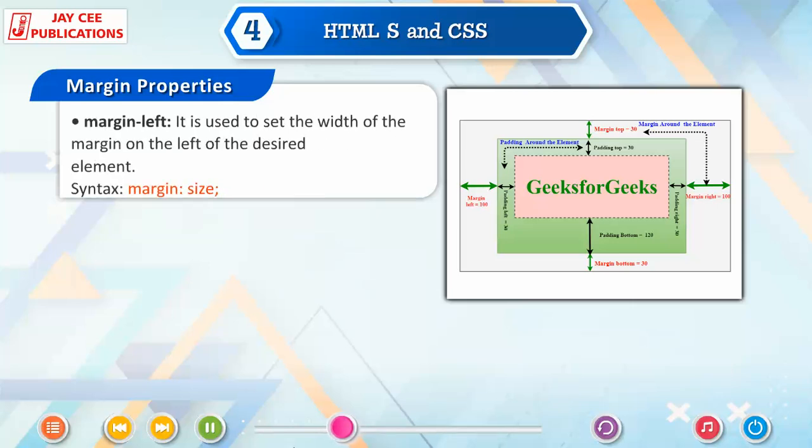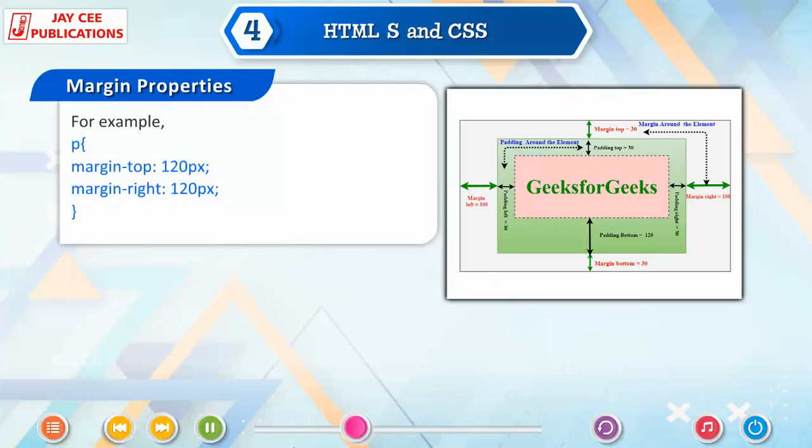It is used to set the width of the margin on the left of the desired element. Syntax: margin: size; For example, p { margin-top: 120px; margin-right: 120px; }